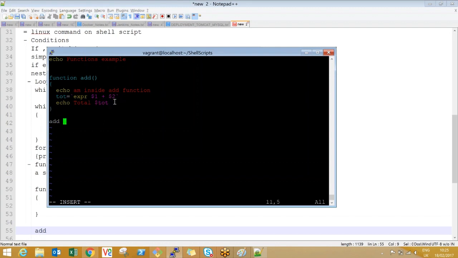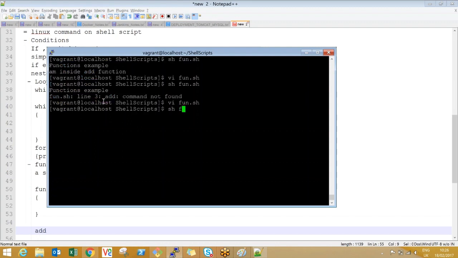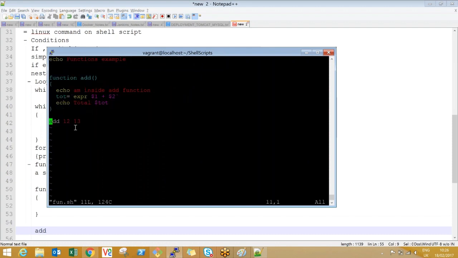So let me pass 12, 13. I'm passing 12 and 13 as parameters. Inside the function these will be treated like variables $1, $2. If there is a third parameter, it would be $3, something like that. That's how you need to read it. If you want, you can cross check it, guys, whether it's really printing fine or not. fun.sh. Is it printing 25, 12 plus 13? Am I right? It's absolutely working fine.